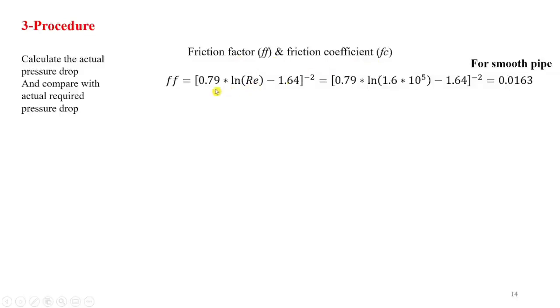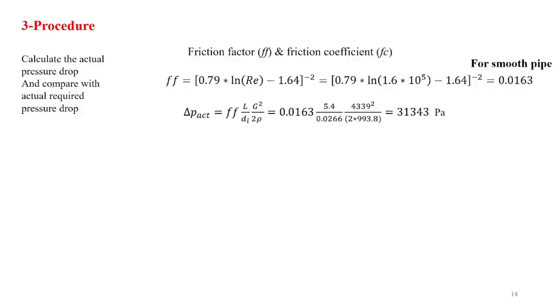We are going to assume the flow is in a smooth pipe, and we use this relation that gives the friction factor as a function of Reynolds number for turbulent flow. We will get the value of 0.0163 as the friction factor. Then we can substitute in this expression to find the actual pressure drop, and we found that the pressure drop is 31,000 something Pascal, which is much greater than the 20 kilopascal required by